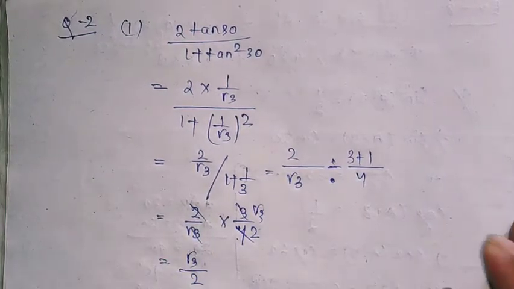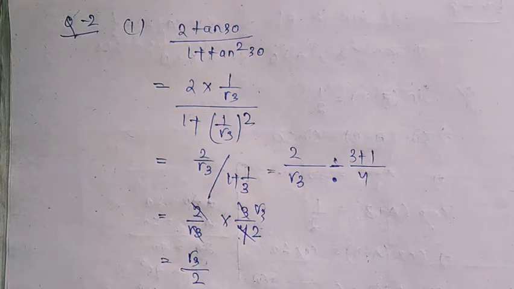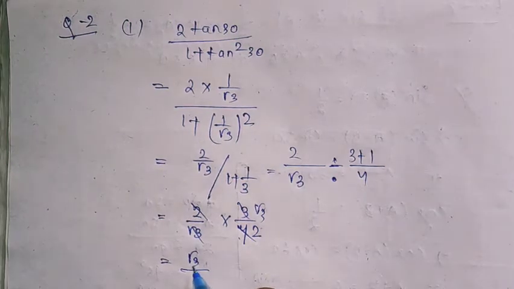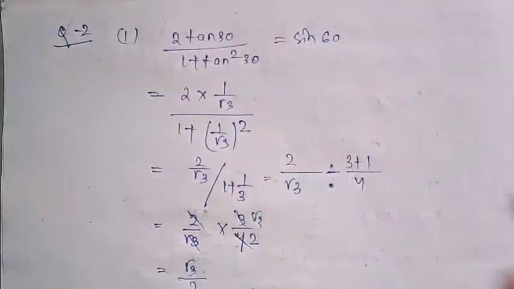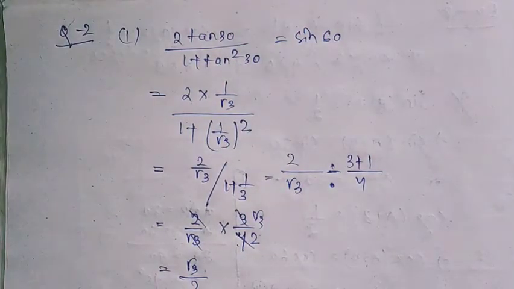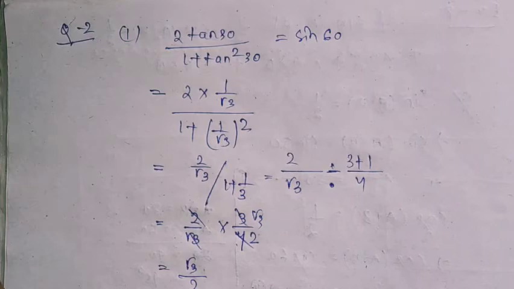So from the options you have to evaluate the sin 30. What is the value of sin 30? We know that the value of sin 30 is equal to 1 by 2. The value of sin 60 we know is root 3 by 2. So the answer will be sin 60. Like this we have to match the answers with the given options and calculate. Rest of all you can do on your own, and if you have any queries, comment below. I will solve it in the next video.